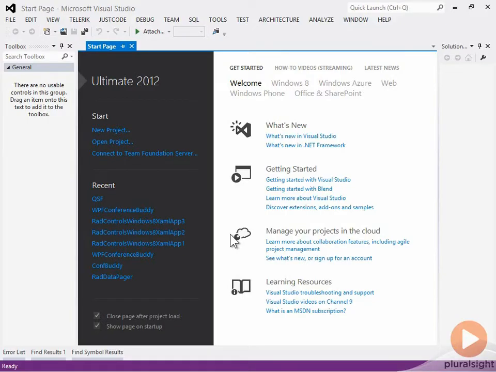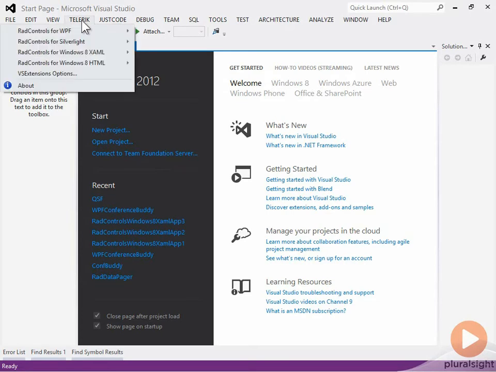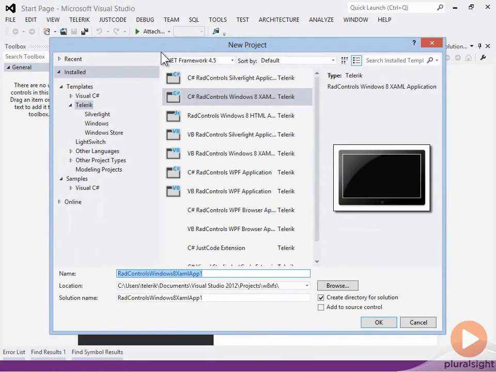To get started, we'll create a new project. The easiest way to create a project with Telerik controls is to go up to the Telerik menu. We'll choose Rad Controls for Windows 8 XAML, Create New Telerik Project. That will put us into the New Project dialog, and I'll call the new project RadBulletGraph Demo. Click OK,